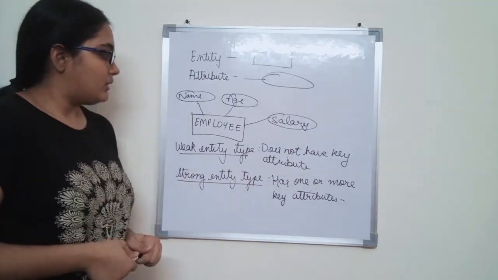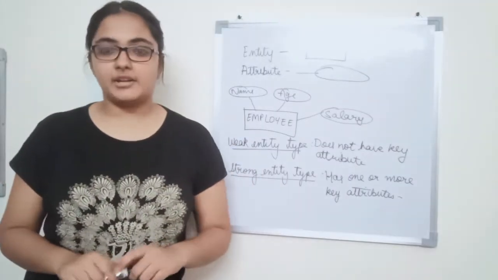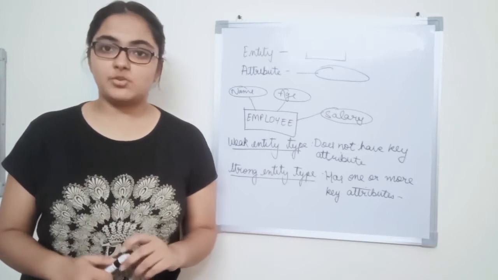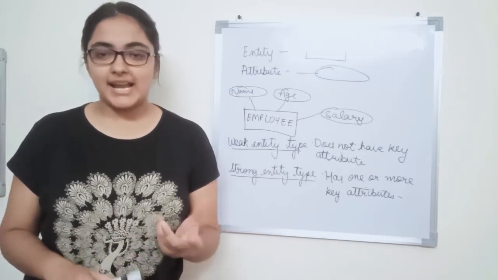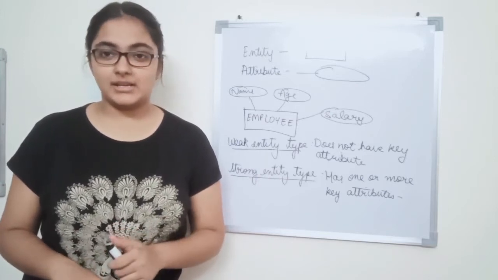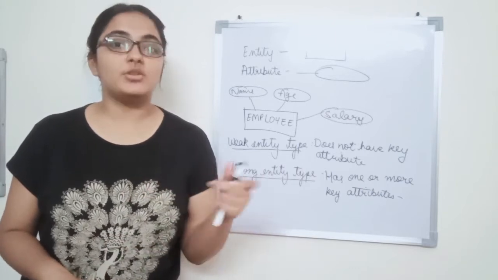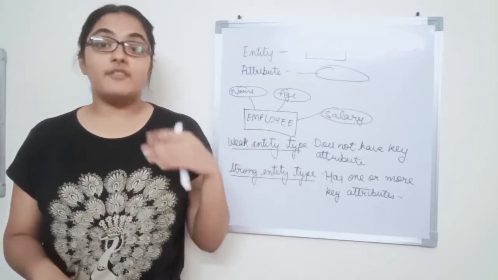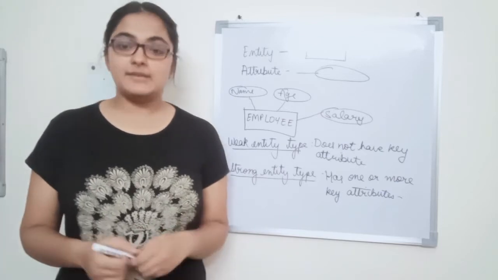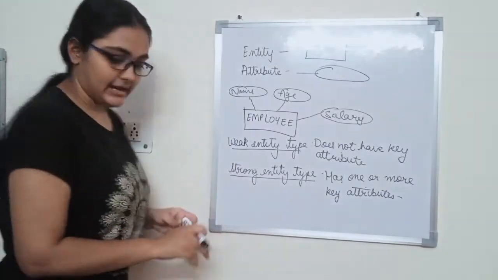Now we talk about value set or domain of the attribute. But before talking about that, I just wanted to specify that the key attribute or the uniqueness constraint is not a property of a particular extension. It is a property of the entity type itself, which means that if I write